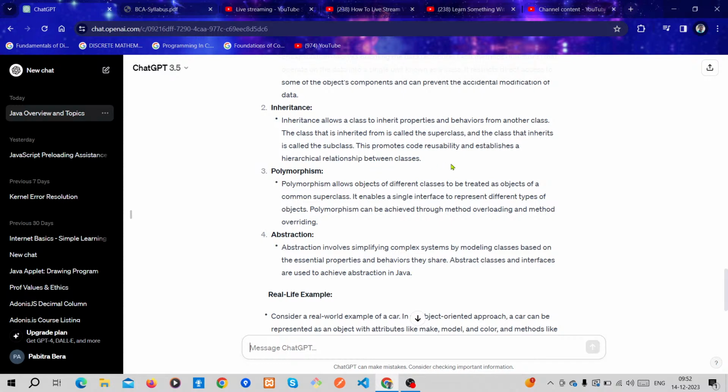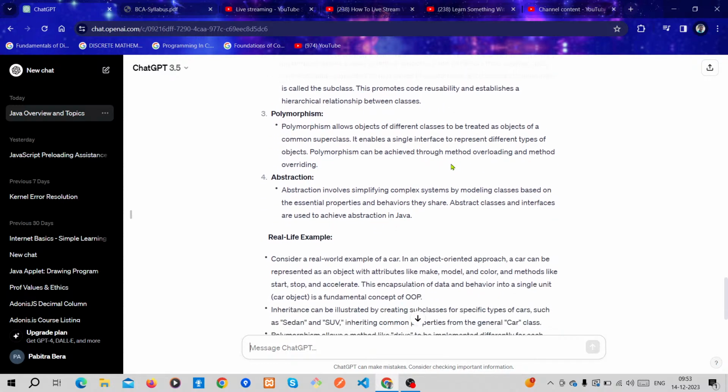Then polymorphism, the next pillar, the number 3 pillar of object oriented programming, allows objects of different classes to be treated as objects of a common superclass. It enables a single interface to represent different types of objects.